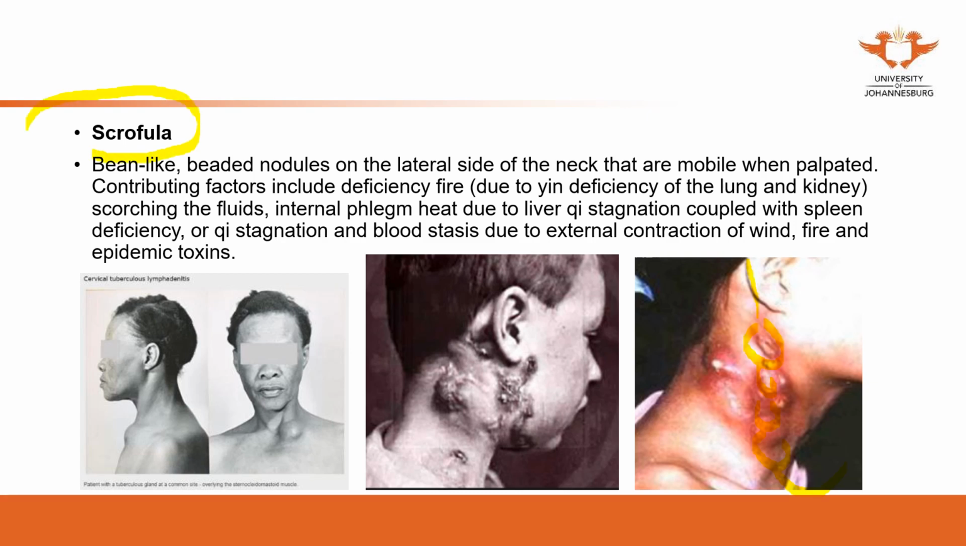This is, in Western medicine, the TB infection. In Chinese medicine, how we understand that is, we think it's the deficiency fire due to insufficiency of the lung and kidney. The reason why it is deficiency fire: firstly, why it is a fire? That's because the patient can present with, such as here in this image,